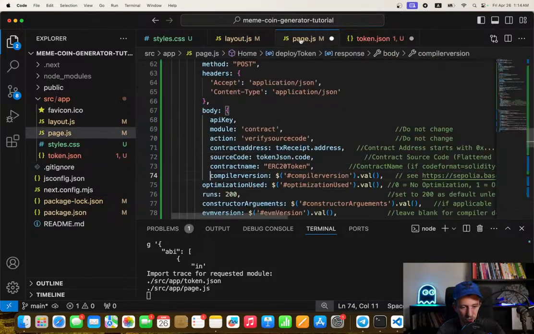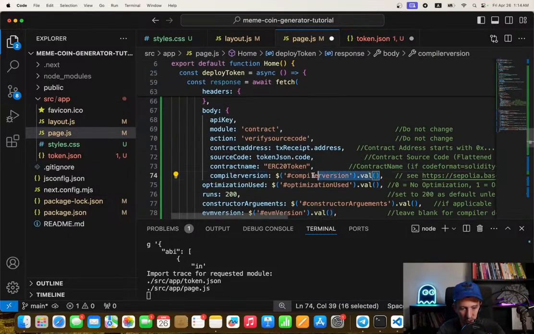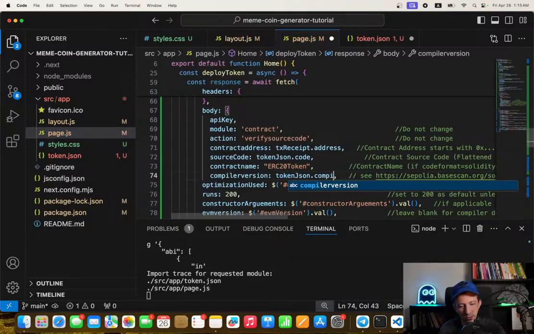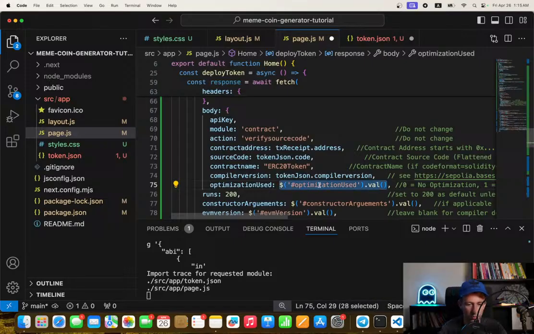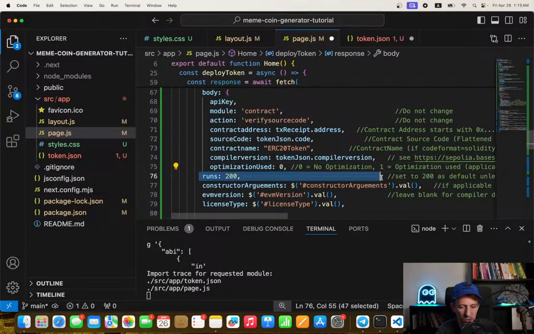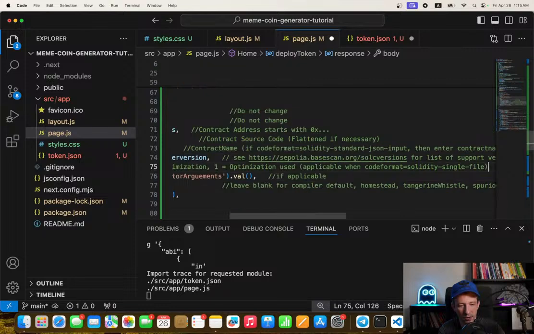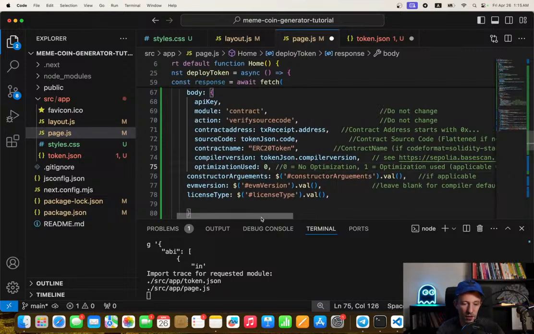Let's go back to our page, compiler version. Then optimization used, no, we didn't use it. So this is irrelevant because we didn't use it. So constructor argument. Okay, that one